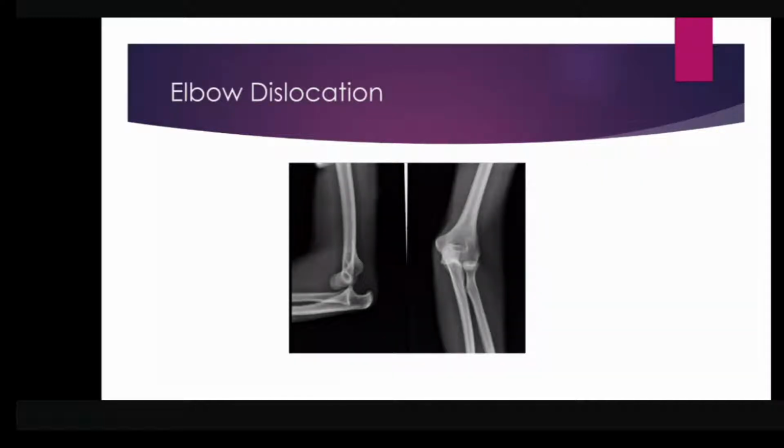CRITOE. C for capitellum, R for radial head, I for inward, that is your medial epicondyle, T for trochlea, O for olecranon process, E for lateral epicondyle. Okay, so again, for better understanding, these 6 centers ossify at the age of 12 years. So you will get the adult X-ray form in a 12-year-old child.